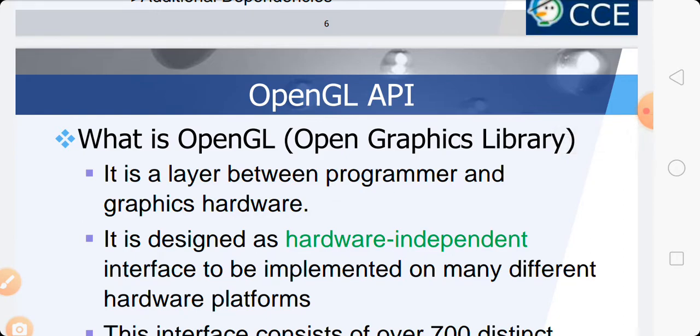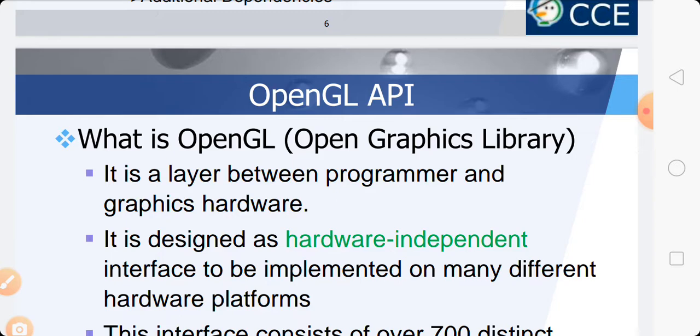What is OpenGL? OpenGL is nothing but the Open Graphics Library. It is a layer between the programmer and the graphics hardware. We already saw this in the previous figure. It provides an interface between the user program and the input output devices, that is, the graphics hardware.